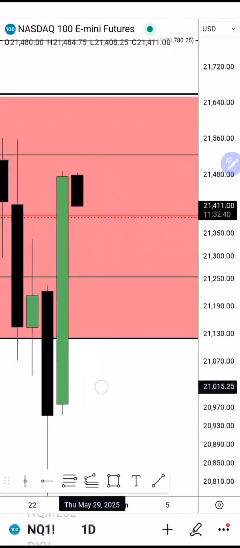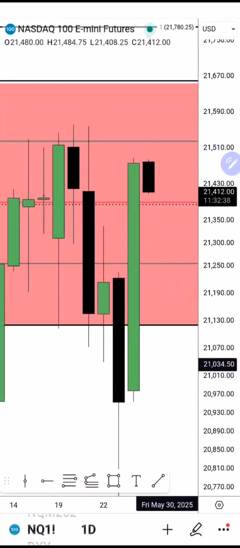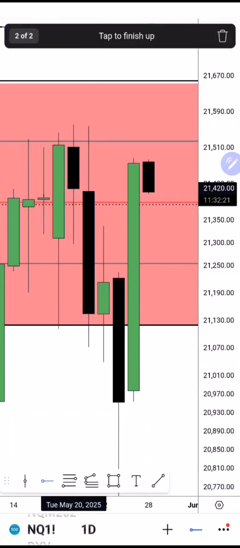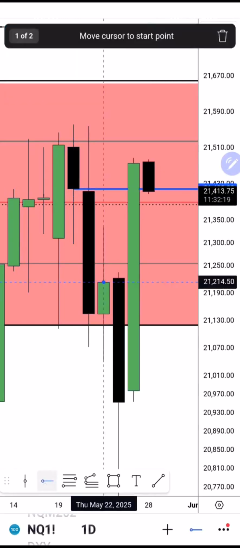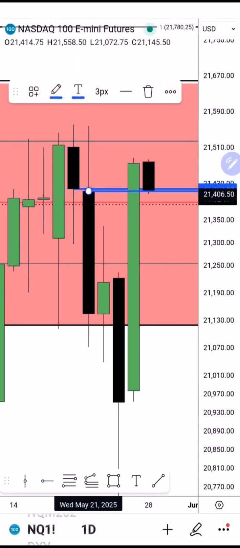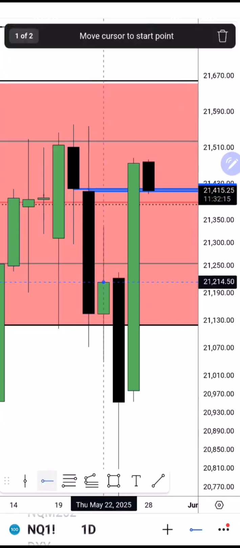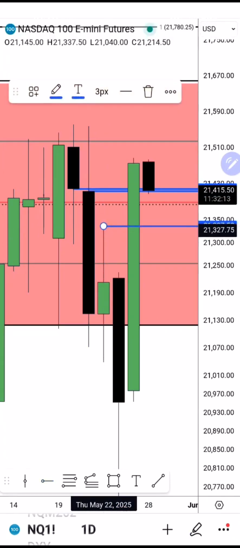Yesterday's performance was rather impressive, and I want you to look at this, and then this high here, and we have the consequent encroachment of the weekly SIBI. So if we use that, and we'll use this,